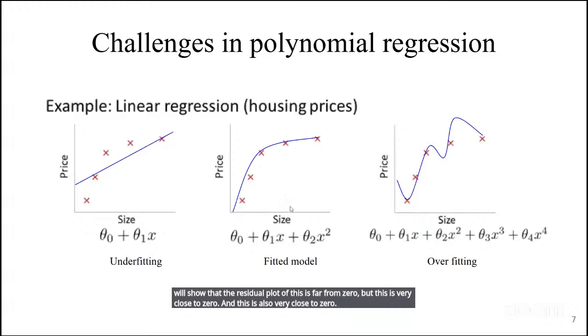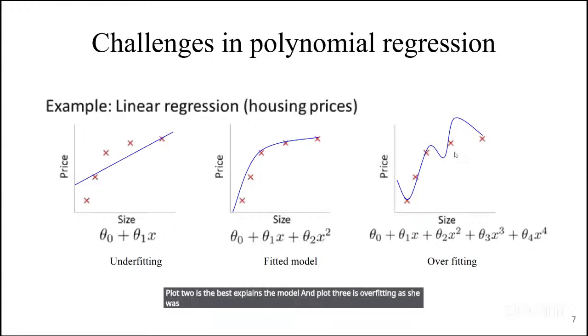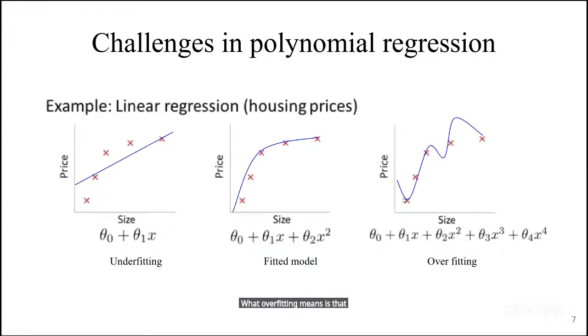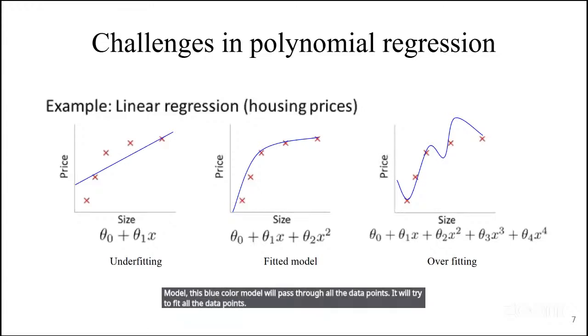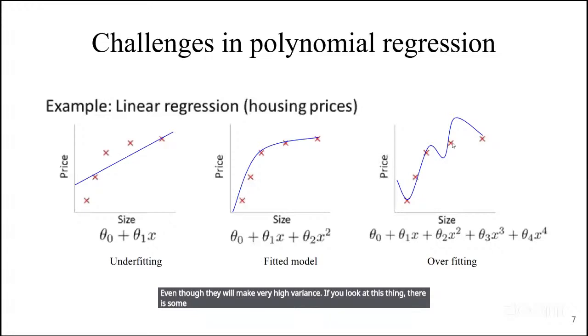But you still chose plot 2 over plot 3. Okay, so you are correct. Plot 2 best explains the model, and plot 3 is overfitting. As she was pointing out, it overfits the data points. What overfitting means is that the model, this blue color model, will pass through all the data points. It will try to fit all the data points, whatever they are, even though that makes very high variance. If you look at this, if there is some point in between these two red lines,